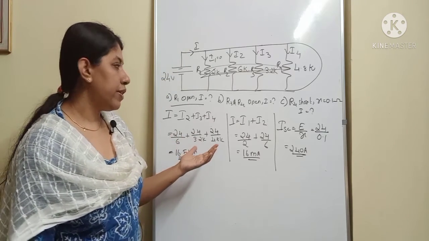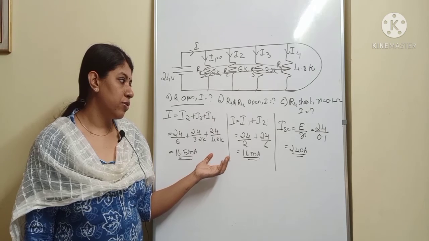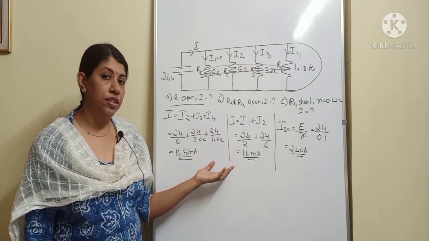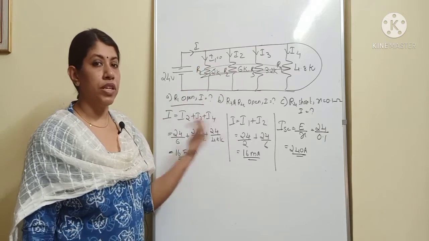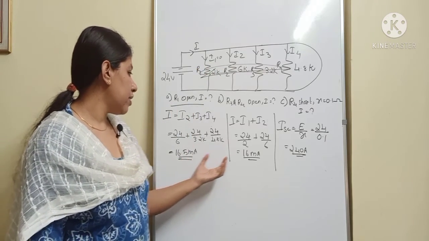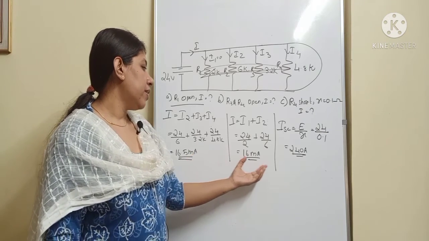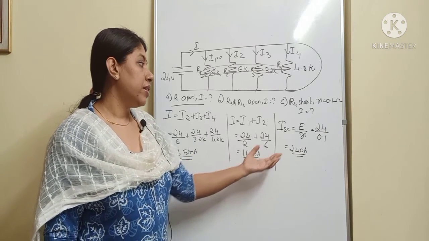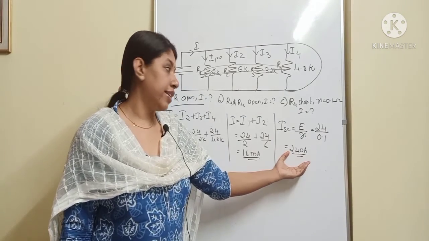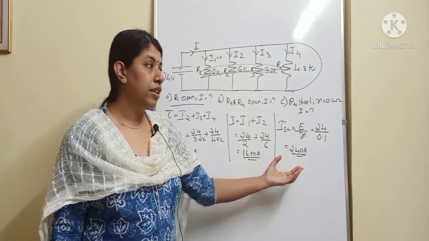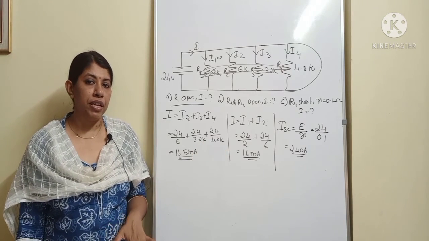So whenever you are solving a numerical problem, try to analyze the values also, so that you can see the variations happening in the circuit with open circuit and short circuit. Here you see the difference in the current when one particular branch is open, when two branches are open. Then if a short circuit appears, you can see the variation in the value of the current, it becomes very high. So this is how an open circuit and short circuit will affect the parallel circuit.